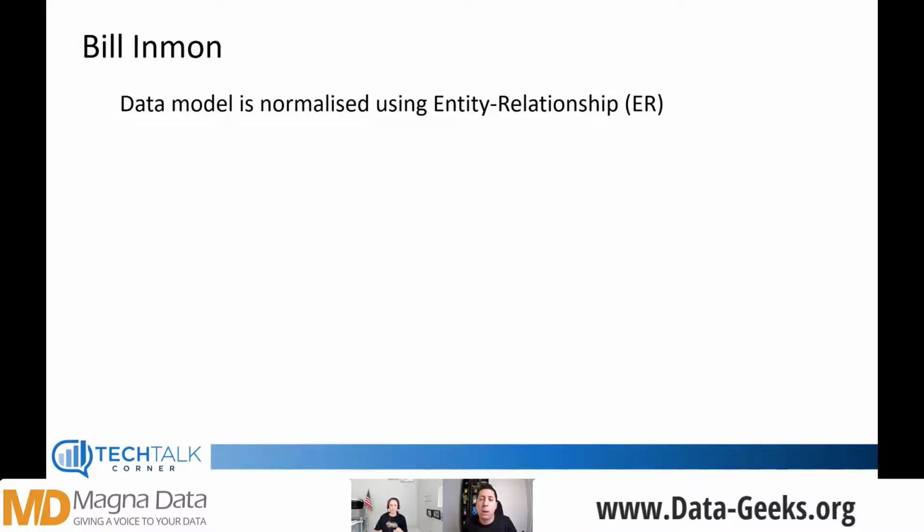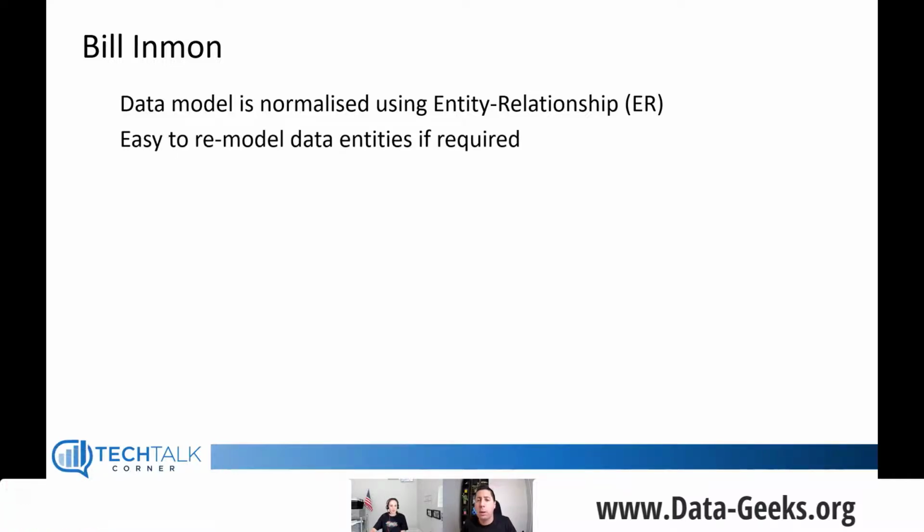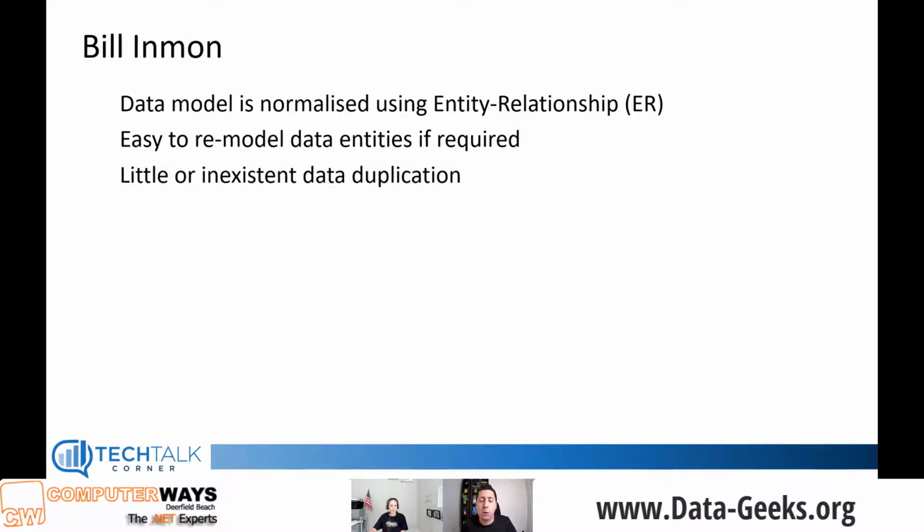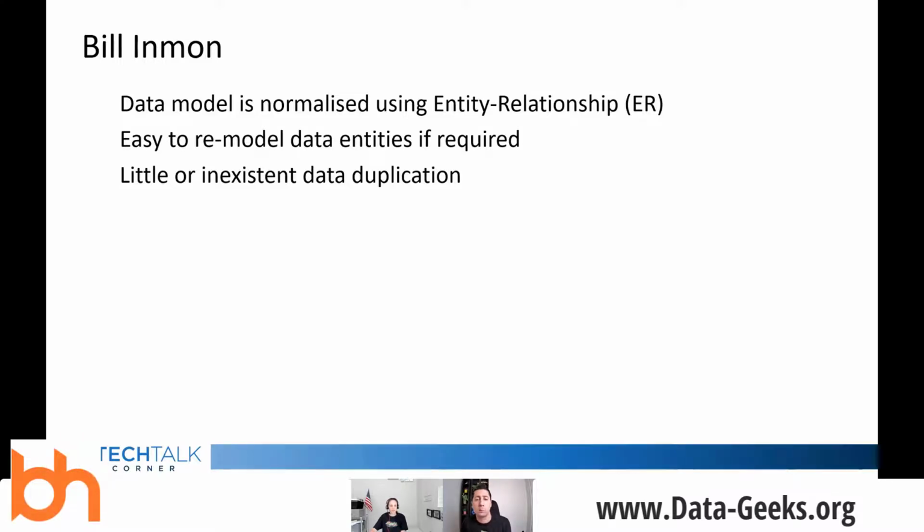That means, in this case, we're not talking yet about dimensions and facts. This will be a traditional ER model. Because it's an ER model, we can easily remodel entities as required and apply changes. And we can make sure that there is little or nonexistent data duplication.